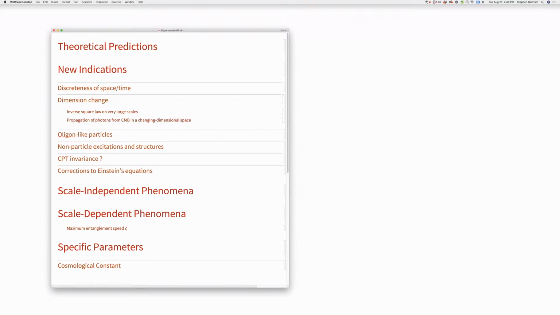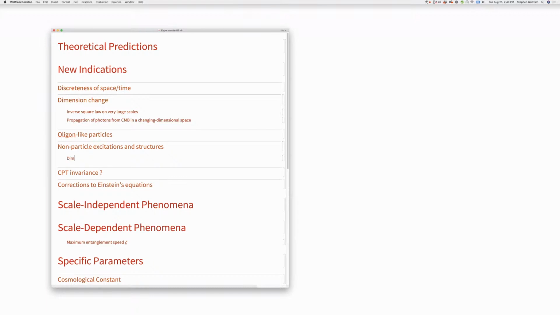And we would expect the inverse square law would change to something that depends on dimension. But I don't know whether we'd observe that because it's still in a changing dimensional space. So the other example here would be a dimension change domain wall, which probably doesn't exist, but then